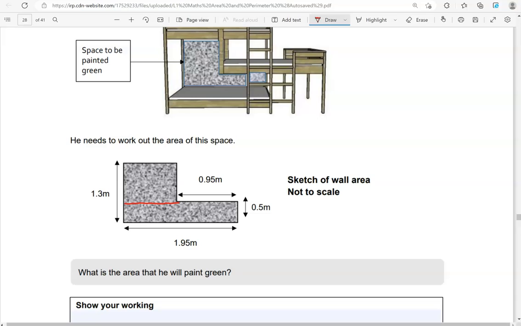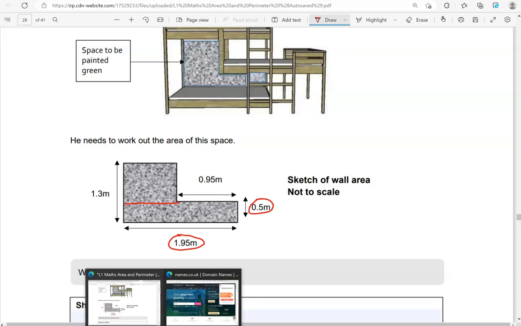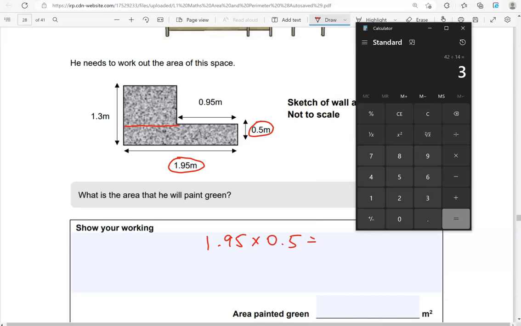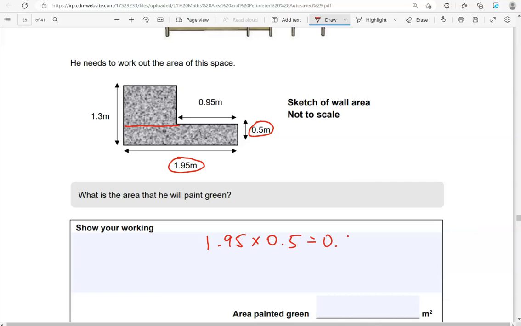So we've got this rectangle here, which measures 1.95 by 0.5. So we're going to multiply, and this gives us 0.975 square meters. And we have this bigger rectangle which measures